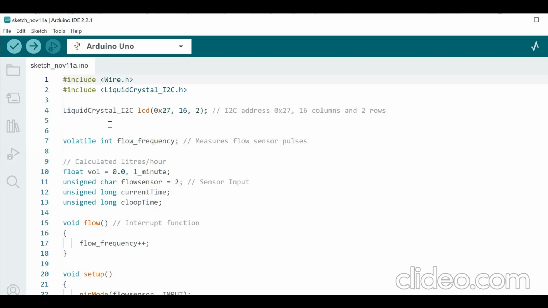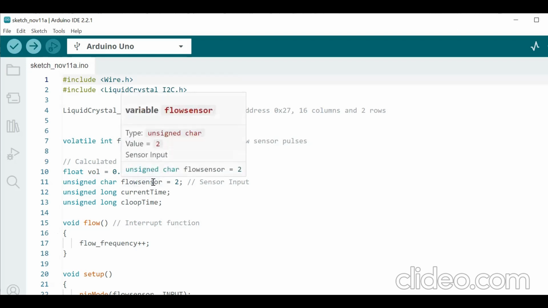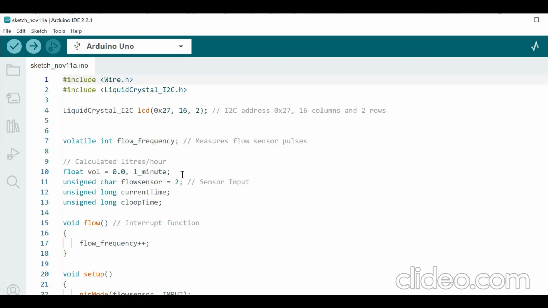Okay, then this one, flow frequency. So we are declaring a variable flow frequency in order to measure the flow sensor pulses. And to calculate the flow in liters per hour, we are using some variables like volume, flow sensor, and this is important. The flow sensor signal pin is connected to the Arduino UNO board. Here we are connecting the signal pin to pin number 2 of Arduino UNO board. Okay, so after this,